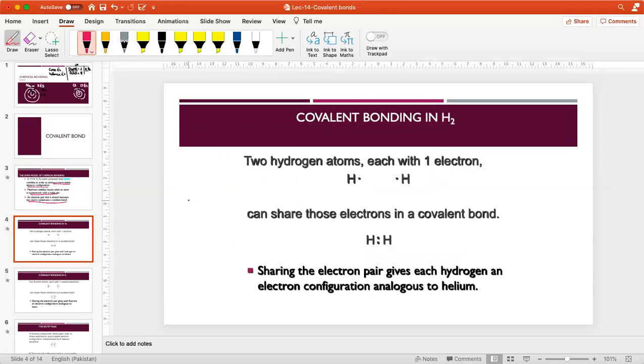Now let's have some examples. Let's take the example of hydrogen. The atomic number of hydrogen is 1. It means it has 1 electron, right? So 1 electron. So another